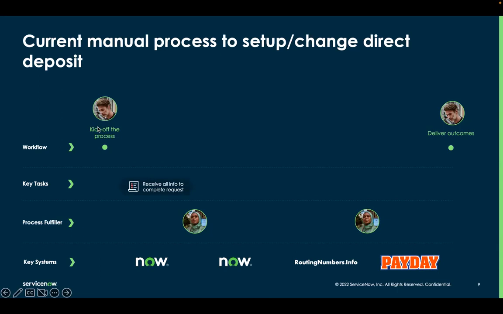I'm showing on that slide the current manual process and what we're solving. On the next slide, we'll see the components we use and how we've automated the whole process. In that slide, we want to illustrate the repetitive and manual tasks when someone is initiating that direct deposit process. So this person is submitting the check, and then in the back end, we have a process fulfiller that